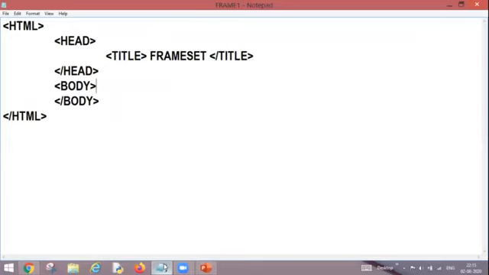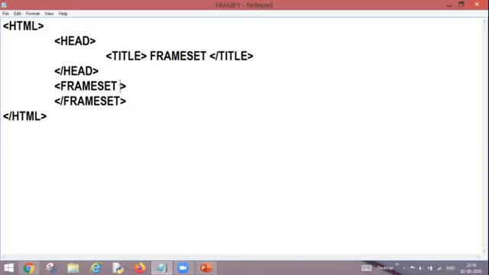Now coming to this body section. What is the role of this body section? Body section basically contains the content to be displayed onto the web page. But as our today's topic is frame, we are going to divide a web page into different frames, so I'm not going to write over there. I need to delete this portion. In place of body tag, my frameset tag will appear. And because my frameset is a container tag as well as a parent tag, I'll be writing opening and closing both the tags.